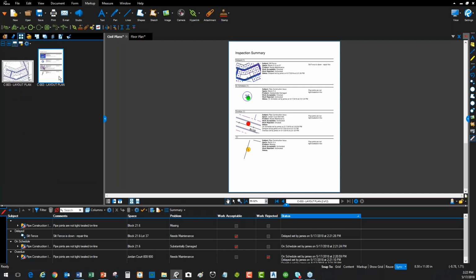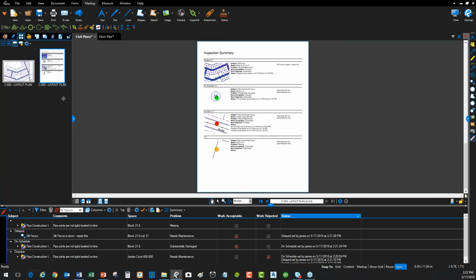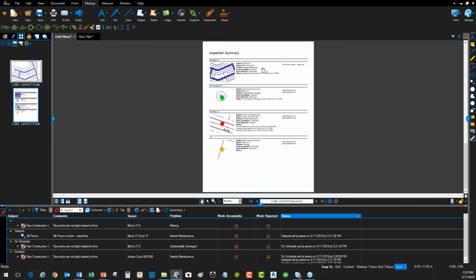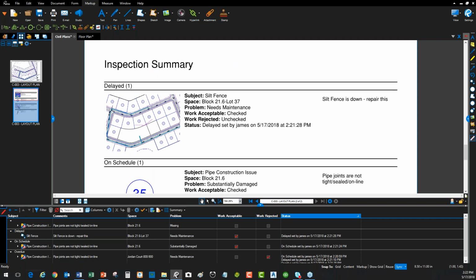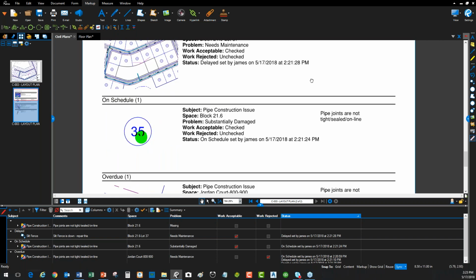Right, sorry, I'm on the wrong thumbnail. It puts a new page in here. Right, and you see that I get a summary report of every single problem. So here's my inspection summary. Right now it's sorting it by the status, so it's showing me all the delayed ones, right? What is the problem? Where is it? Was it acceptable? Was it rejected? What's its status? Right? It gives all of the information that I've assembled down here into a simple summary report